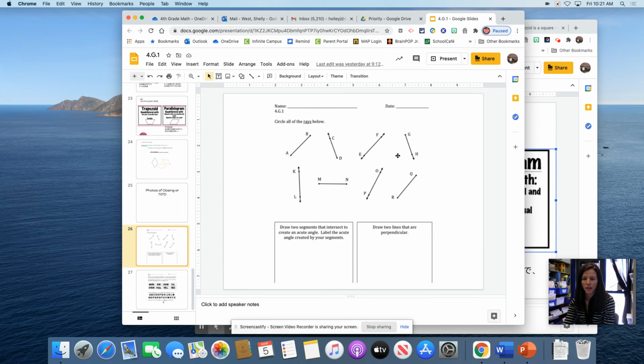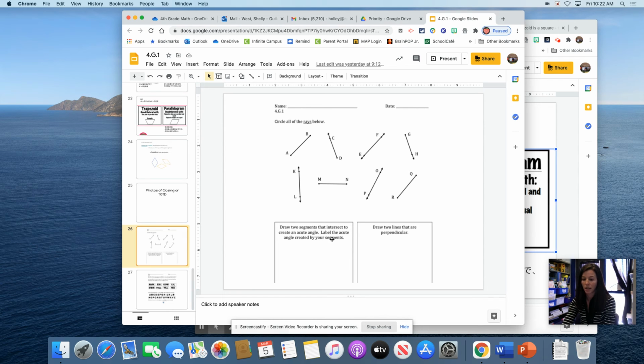Now, let's talk about this picture. It says circle all the rays below. So what I would like you to do is talk with anyone in your house. So you might have to do this afterwards if there's no one there now, but talk and say which of these are rays and circle them. And then on a sheet of paper, with an expo if you have it, I want you to draw 2 line segments that intersect to create an acute angle. And then label the acute angle